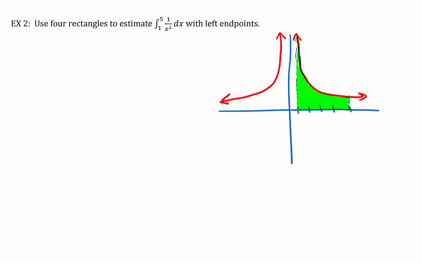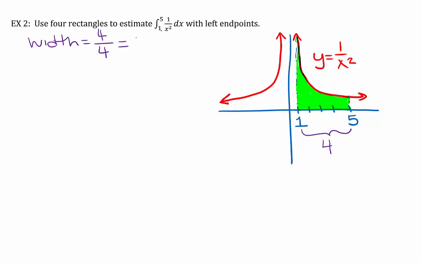All right, so let's do another area problem, but this time we're using that new integral notation. So this problem is asking us to find the area between the x-axis and the function y equals 1 over x squared from, and the little numbers on the top and the bottom tell you, from x equal 1 to x equal 5. Okay, so if we are dividing this region into 4 rectangles, we have a region that has a length of 4. 4 divided by 4 rectangles is 1,